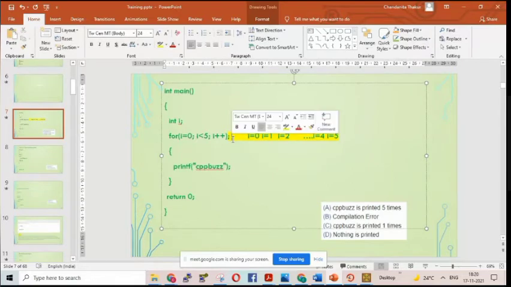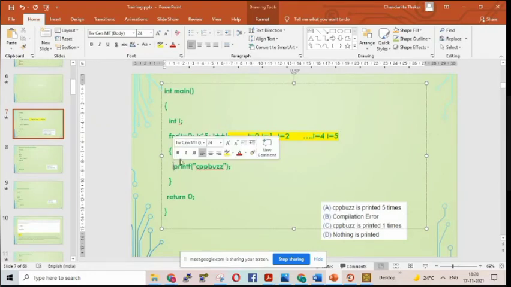So coming to the point, we were here, i value is 5. Now according to the rule of sequential execution, we'll be going to the next line and printf Kabbas will be printed. Is this clear for all of you? Yes, ma'am. Our confusion is whether it will be printed one time, because we have got this answer. So is there any possibility that nothing can be printed? That we will clarify in the next class.